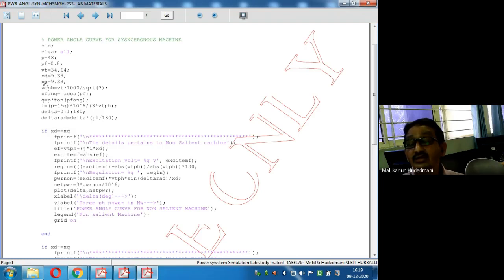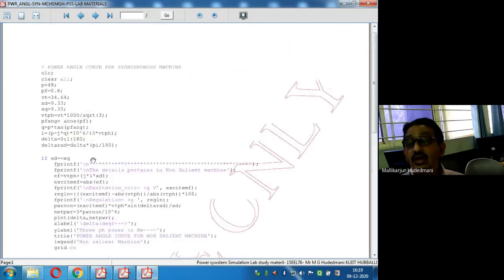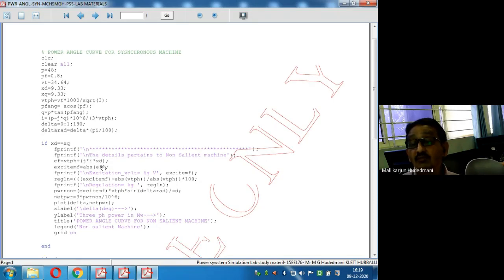XD, XQ, I mentioned here for a sample case. If XD is 9.3 and XQ is 9.3, this is nothing but a smooth cylindrical machine. This will enter here only. If I change XD to 13.35 as per the calculation, it becomes a second part entry. So now I made the entry by the user to make the decision over here, or you can make it yourself. Enter, if your choice is 1, enter the first block. If choice is 2, enter the second block. If you are curious to do programming, you can still find it as a scope for your improvement. For me, to begin with initial remarks, let us start and let us take advantage.